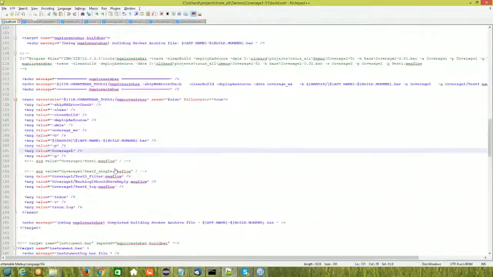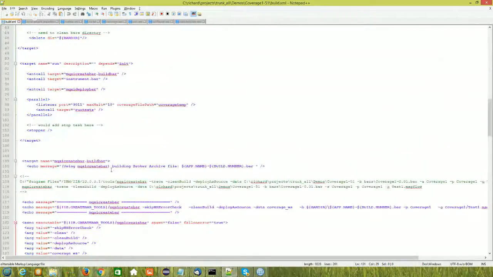Which we start further up in our Ant script. We then have something called the listener, which we run on a port. It reads the instrumented file that the instrumentation built, called coverage, in the coverage temp directory. It then listens for messages from the running broker about what tests and which lines have actually been executed and